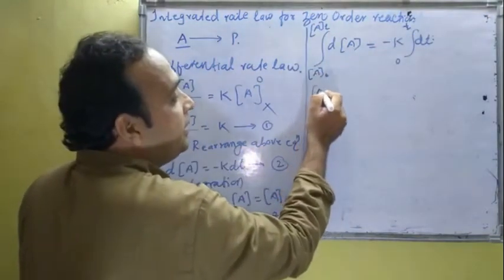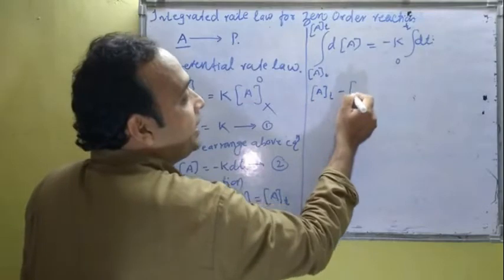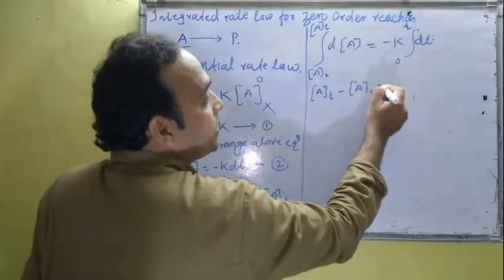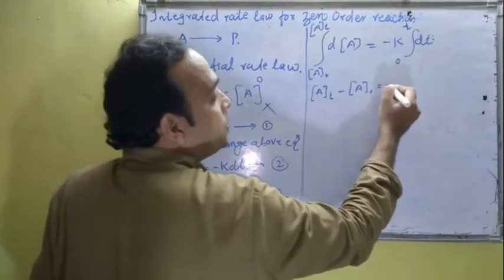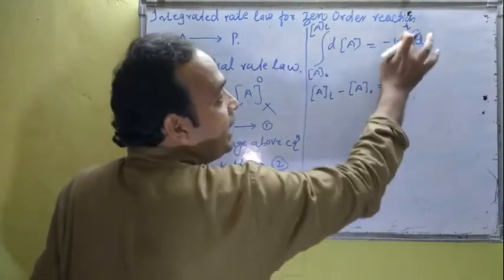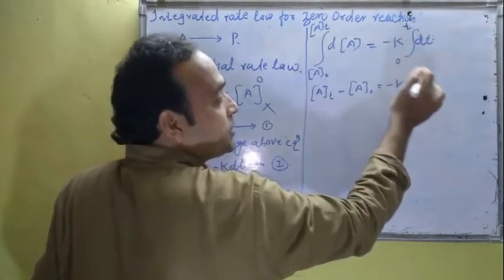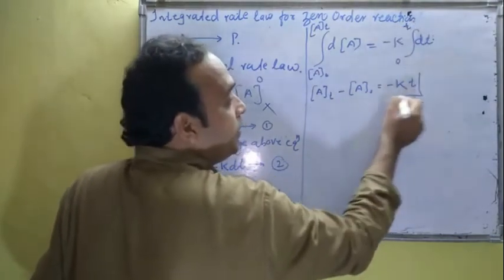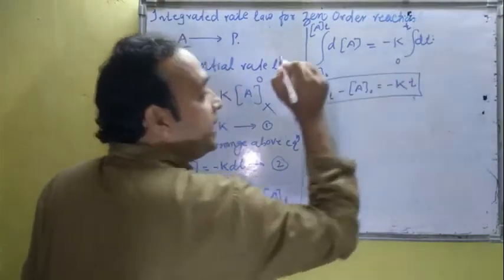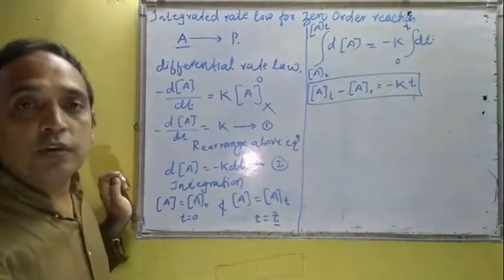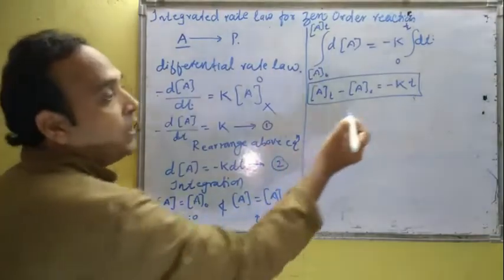So we can write here a minus a0 is equal to, now this one is here minus k, upper limit is t minus 0, so t minus 0 becomes t. Now this is the integrated rate equation for zero order reaction. Now I have to remove